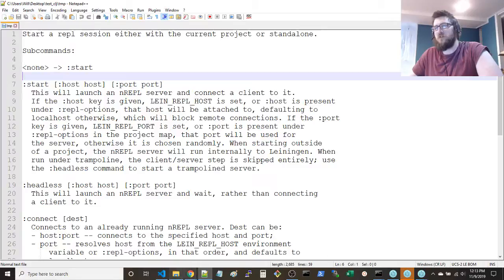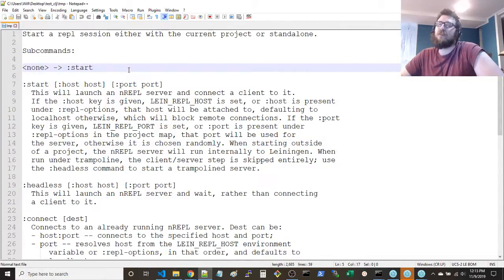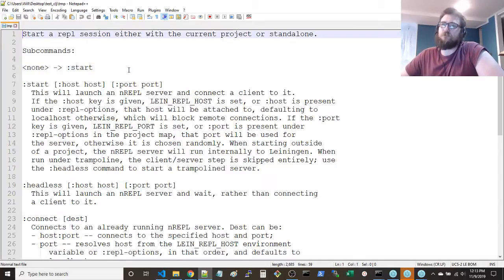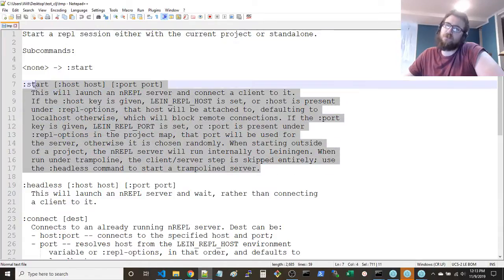No, the reader that I was looking at there is not really that good. Not so clear. So, start REPL session either with the current project or standalone. Okay, subcommands, none, start. Launch an nREPL server, connect a client to it if the host key is given.